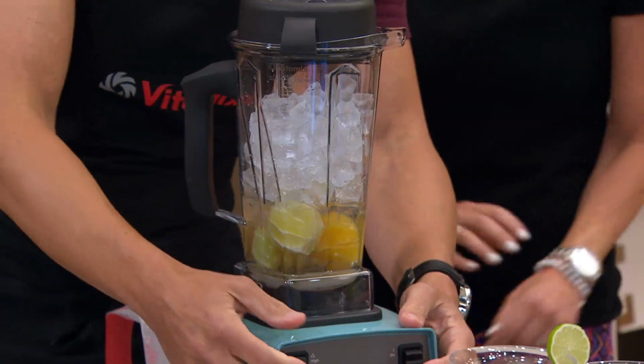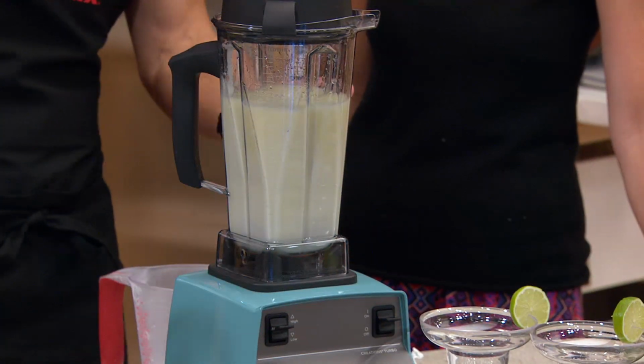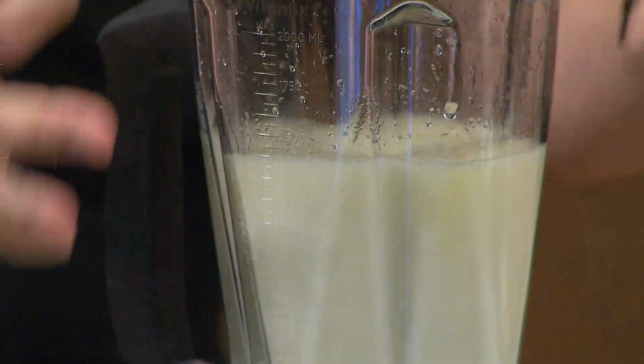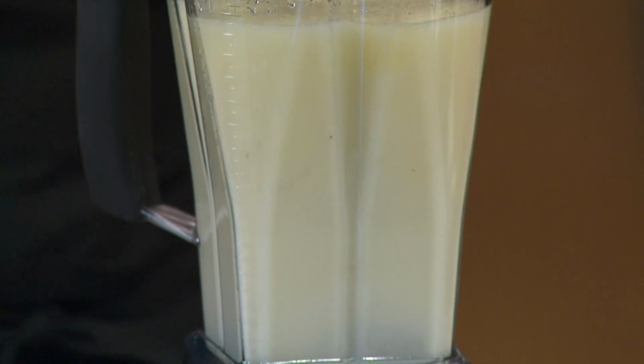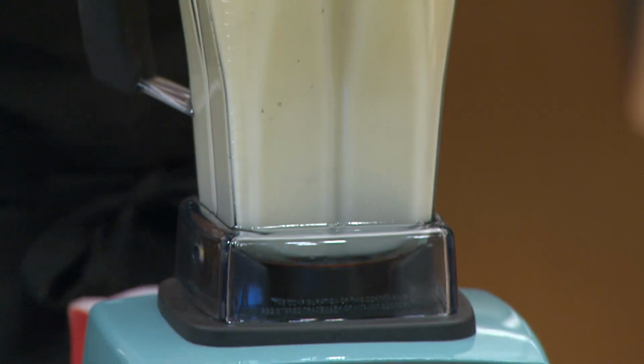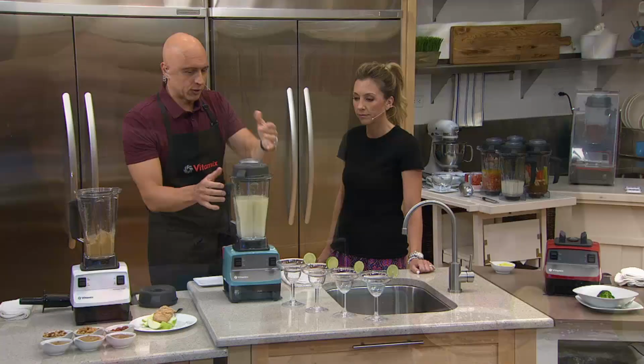But this is where the Vitamix design comes into play. Here's where you're going to see immediately, again, the 2 peak horsepower motor pulling all the ingredients down to the bottom, creating that blend that gives you that smooth, luxurious texture that you get when you go to those restaurants. And in a matter of seconds, we have...